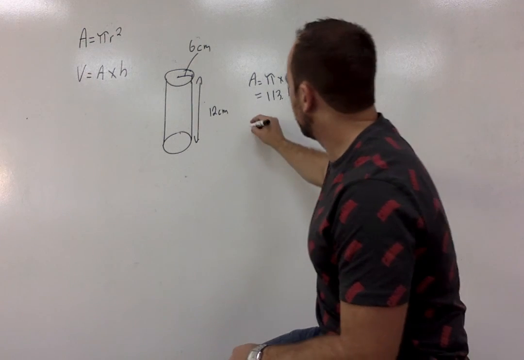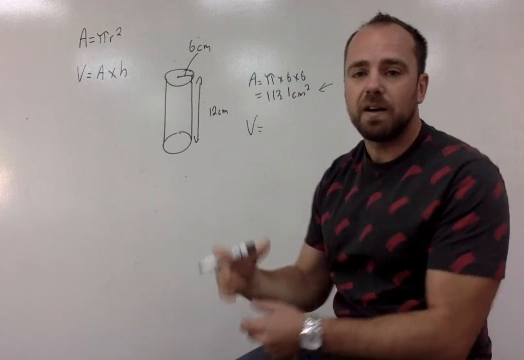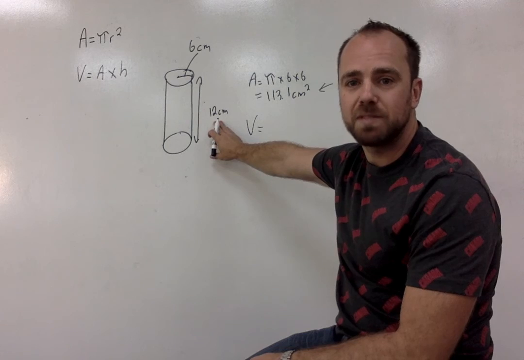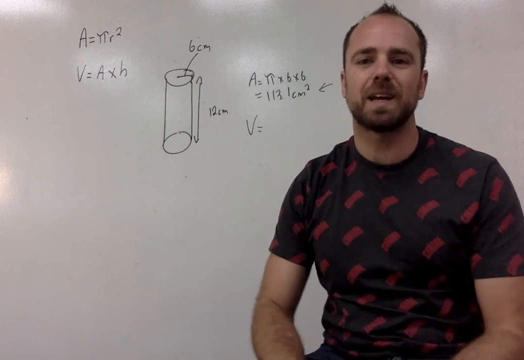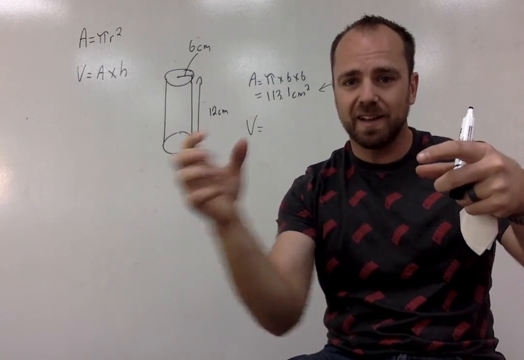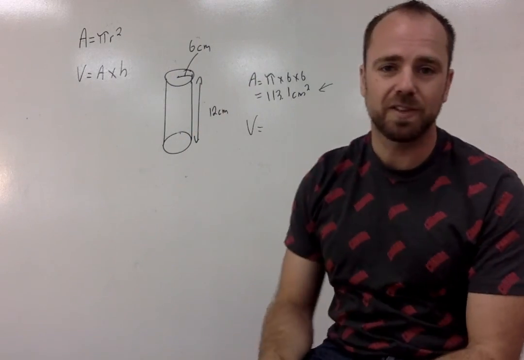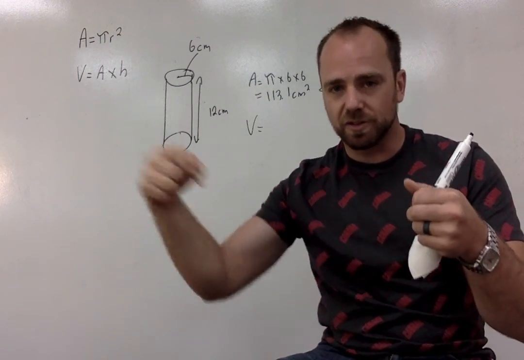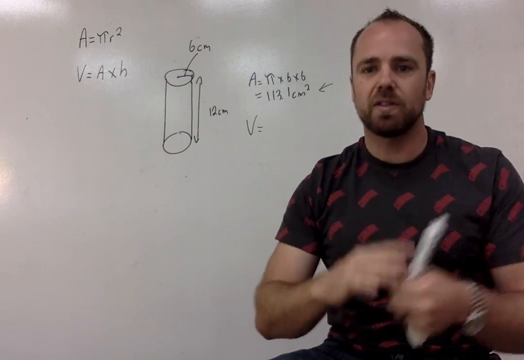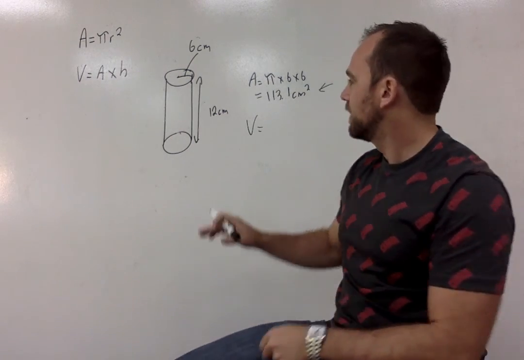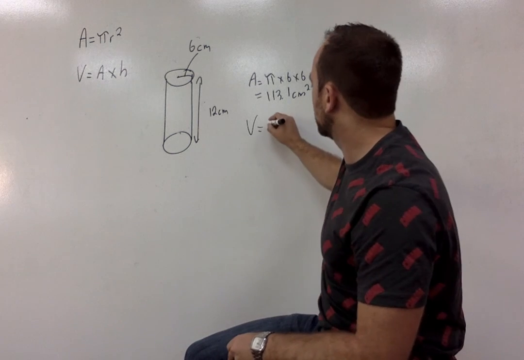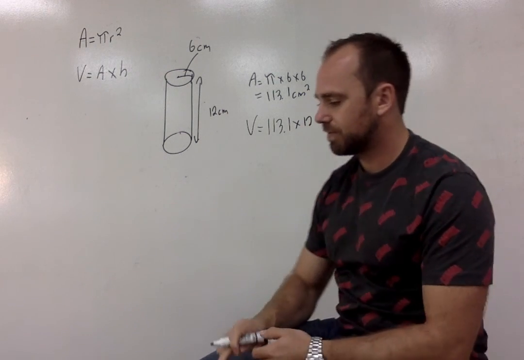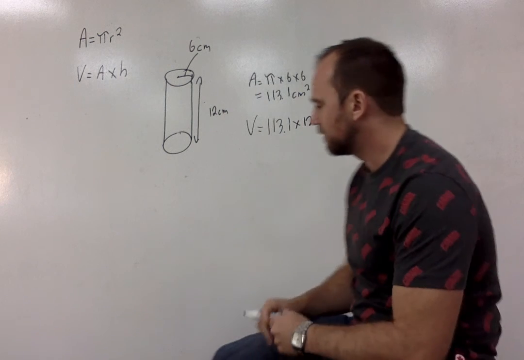Once we have that, our volume is simply the area of that circle multiplied by the height. Our height in this situation happens to be 12. Sometimes it'll say height, sometimes it'll say length. If the cylinder is leaning on its side, it's going to be the length. If it's standing upright, like in my picture, it's going to be the height. So you're finding the circle, and then however long that circle is maintained throughout the entire shape. In this situation, it's maintained for 12 centimeters. So we take 113.1 and multiply it by 12. Once we do that calculation, we end up getting